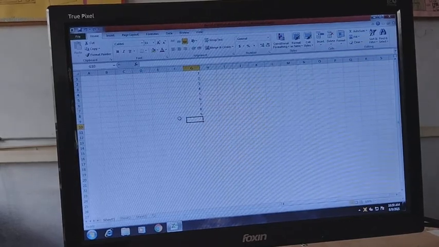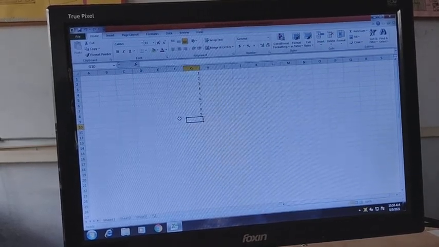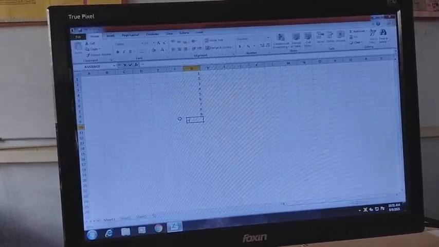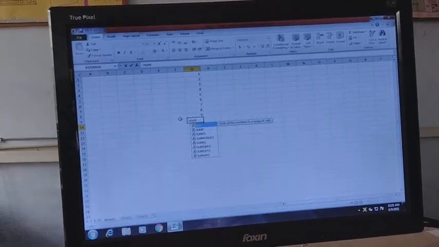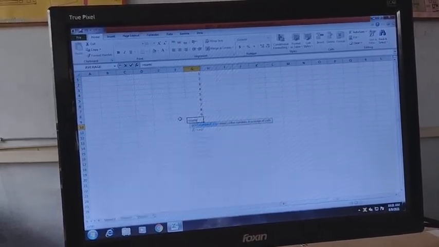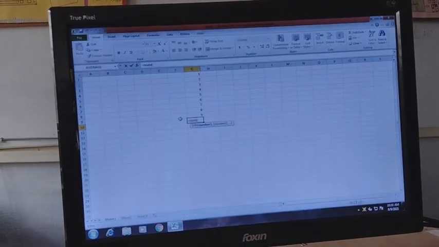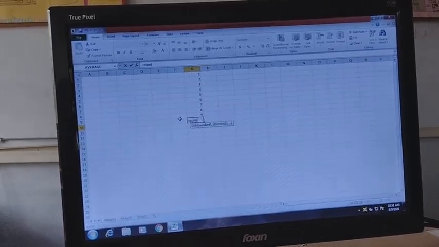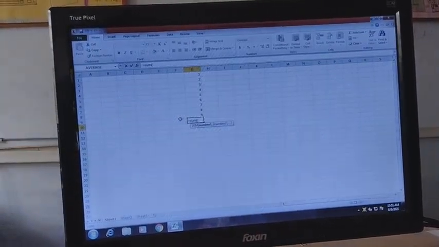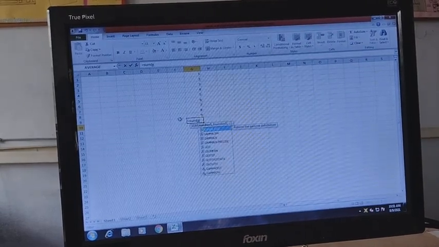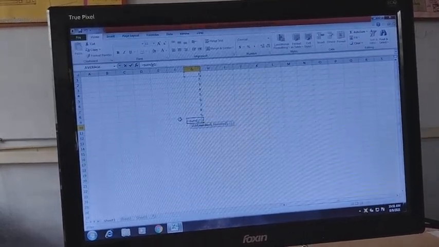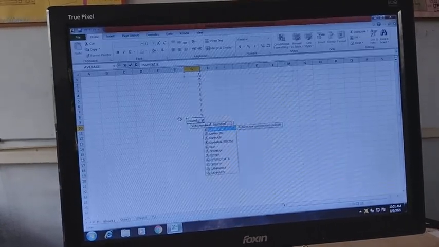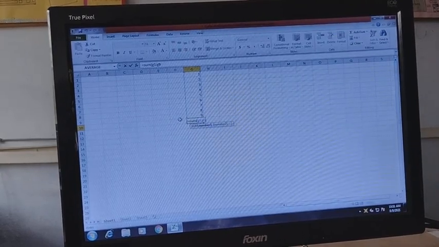For that, you have to write equals to, then the function name, that is sum, then open the bracket, and then give the range, like G1 to G9, and then close the bracket.